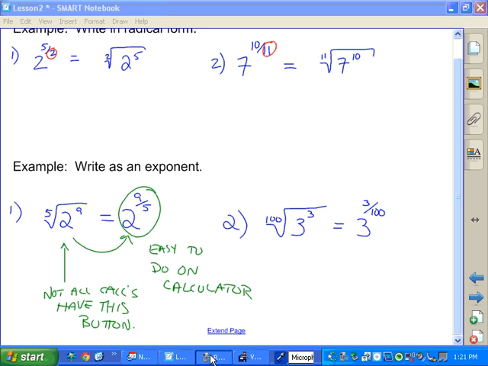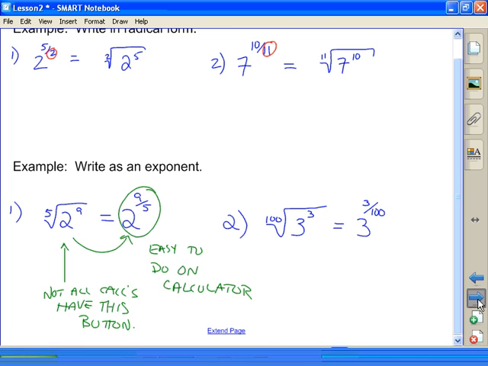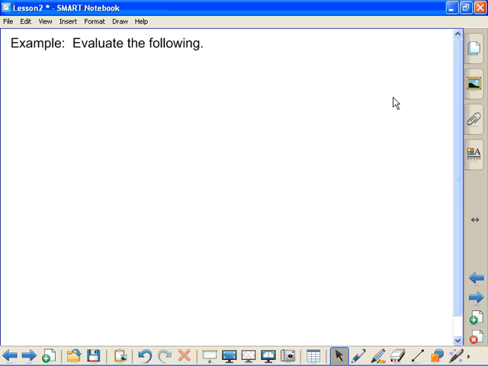Still, taking a look to see what we got for time. We're good for a couple of examples. So evaluate the following. So that means we're calculating. Still, a couple of quick examples. If you have your calculator out to work with me, if we want to find the 9th root of 7